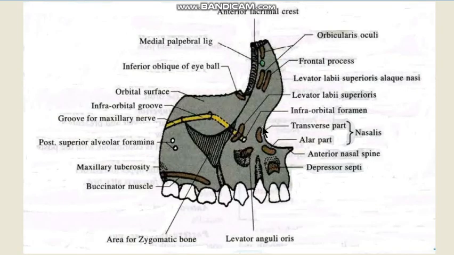Before that, we take another hurried look, and again you can see the transverse part and the alar part of nasalis, the compressor naris, the dilator naris, and the depressor septi, and you can see levator labii superioris, and levator anguli oris. One another thing, this infraorbital groove and canal which transmits the maxillary nerve, we have said from the posterior aspect of the body you have multiple foramina for the posterior superior alveolar vessels and nerves.